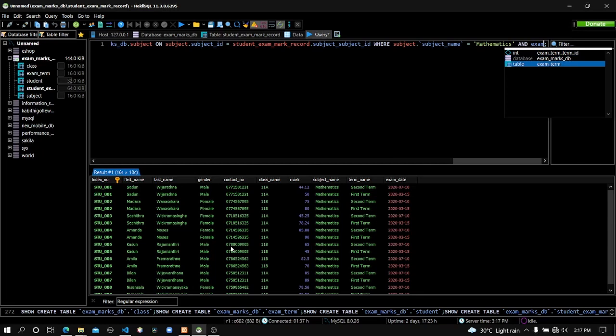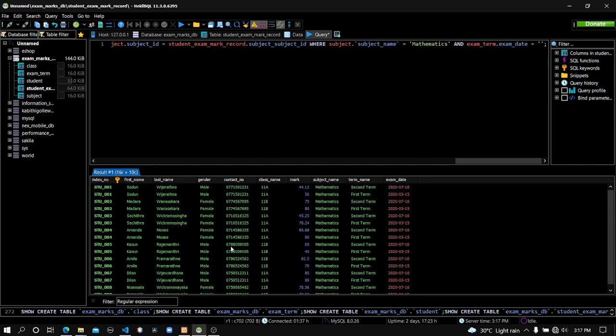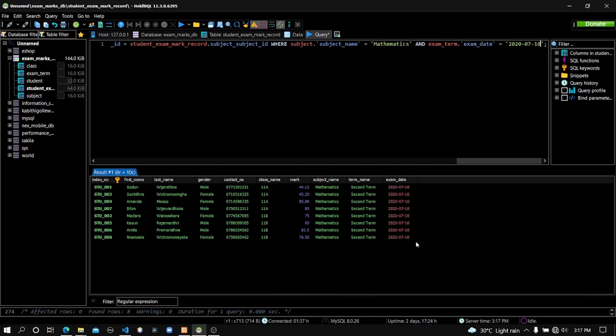In the exam term table, the exam date should be equal to 2020-7-10. Now you can see only the records or the marks of the mathematics subject held on this date are shown in the result, and now we have to